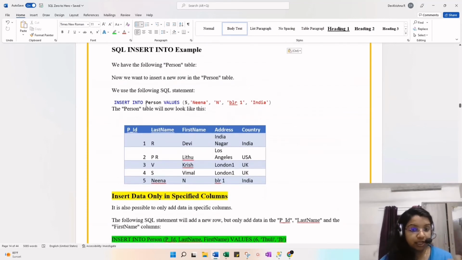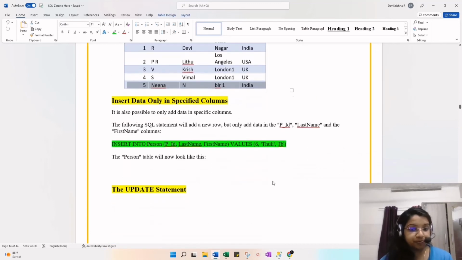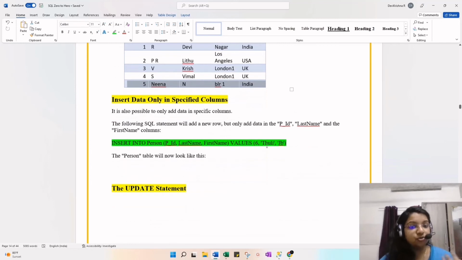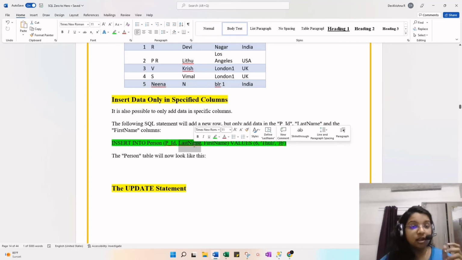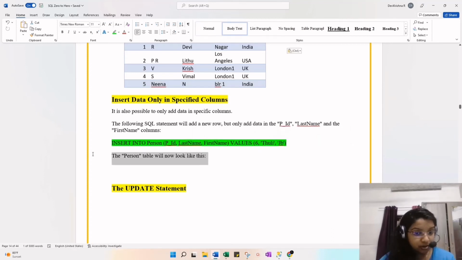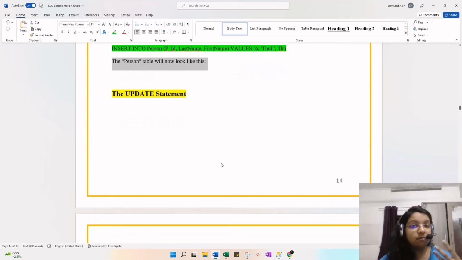For example, INSERT INTO person VALUES 5, one more person I want to add, then the fifth row is displayed here. If you want to add specified columns, that is also okay, but definitely we need to pass the column names. You can look at this, mention your answers here, then only you will become more aware and